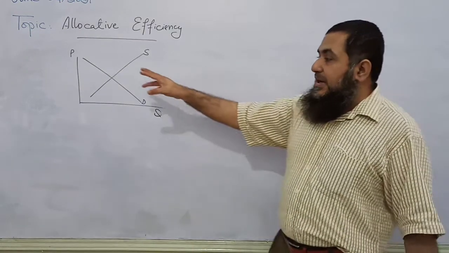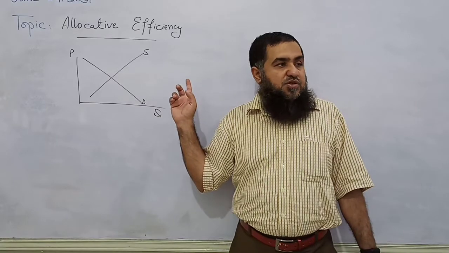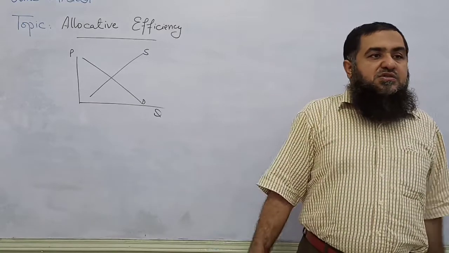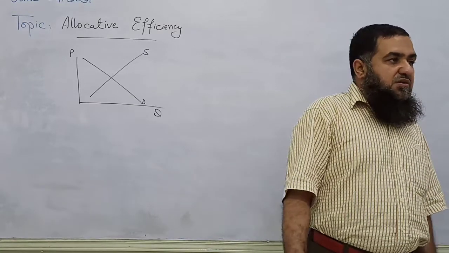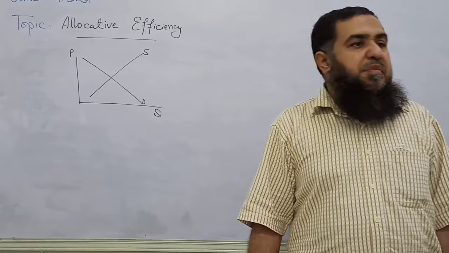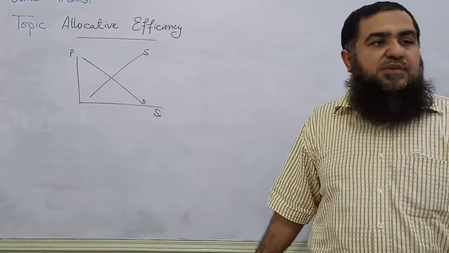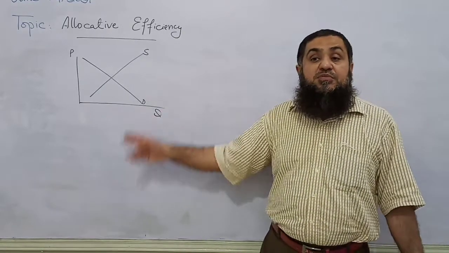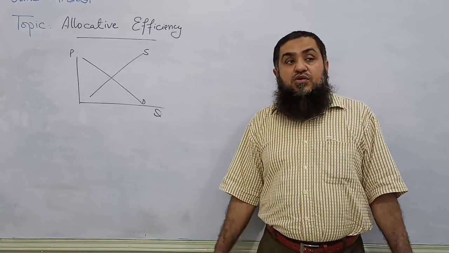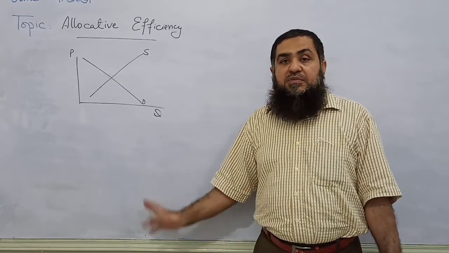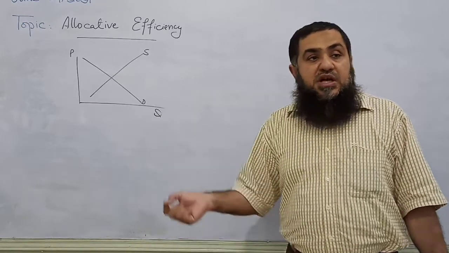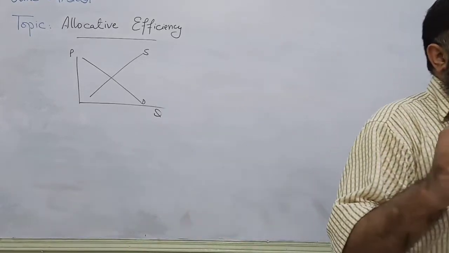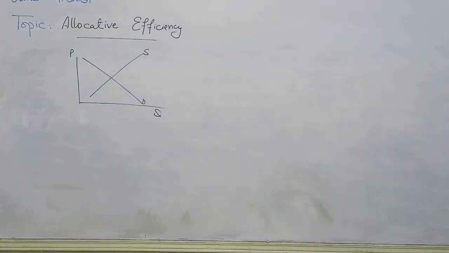The demand curve is downward sloping and the supply curve is upward sloping. Whatever the goods demanded by the consumers, like the income of the consumers, taste, prices of other goods, weather conditions, and government policies, all are kept constant, then we will have this type of demand curve. And the market supply curve under the ceteris paribus condition will have this type of supply curve. So whatever the goods were demanded by the consumers, they were supplied by the producers in a single product market. This is called partial equilibrium. Partial means this is a one market equilibrium, one product market equilibrium.